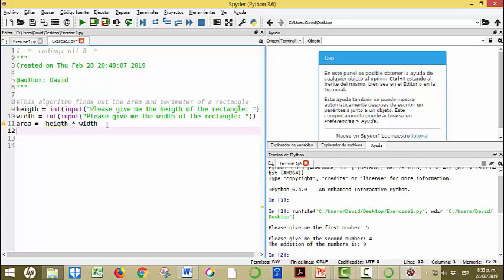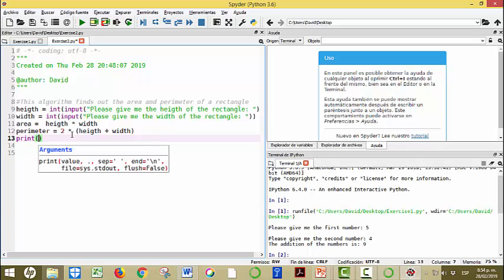Got it? Now perimeter is going to be 2 times parentheses height plus width. Okay, and finally the print. Here we are going to do something a little different in the print, and it is this: print, parentheses, quotation marks, close quotation marks. Here after the quotation marks we are going to write